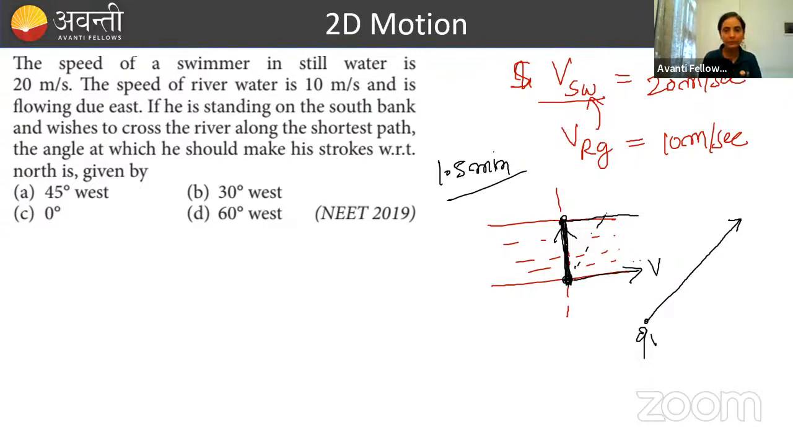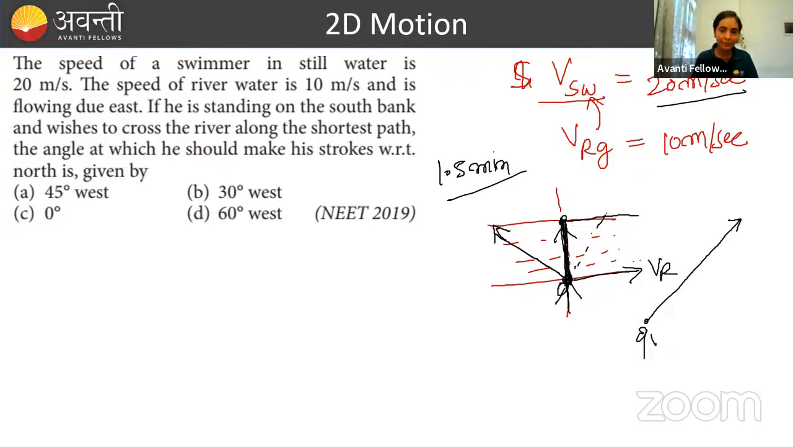So river is flowing due east. So river की velocity इधर ले लो, ठीक है? And person is just standing here. His velocity is 20 meter per second. Direction we have to determine. Swimmer has to determine so that he can go along this line. तो ये क्या करेगा? देखो ये कुछ ऐसे चलेगा. ऐसे क्यों चलेगा? First thing,